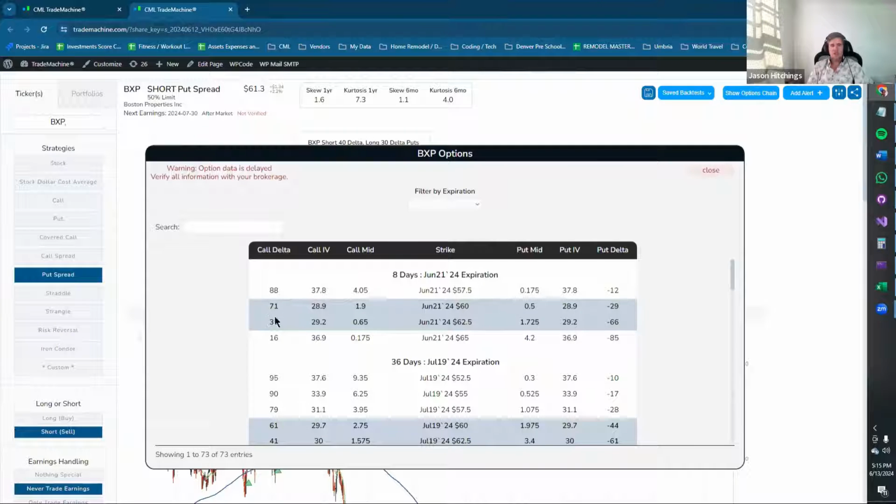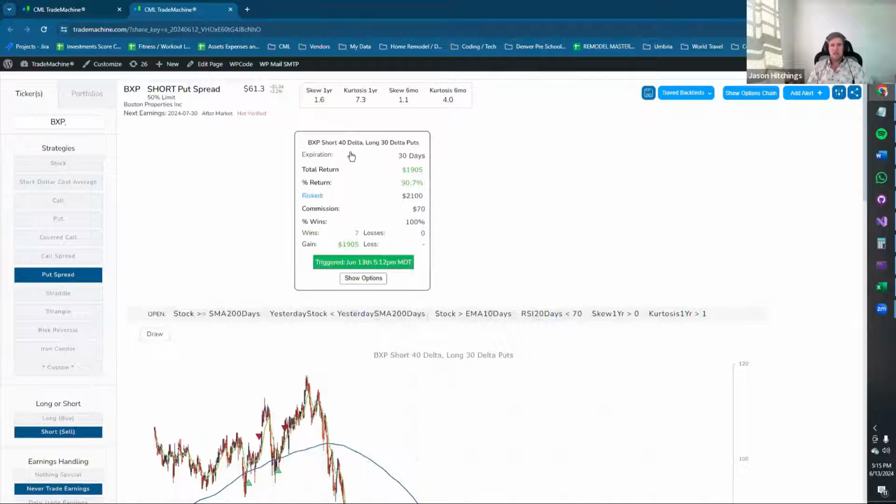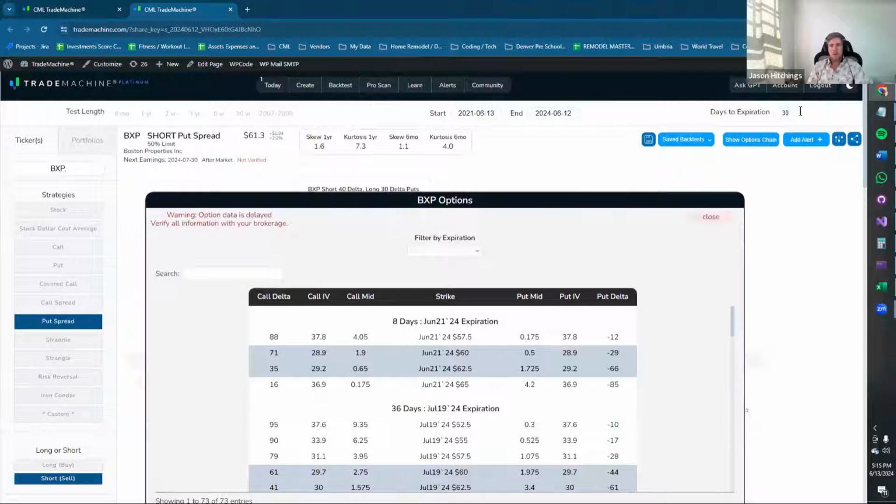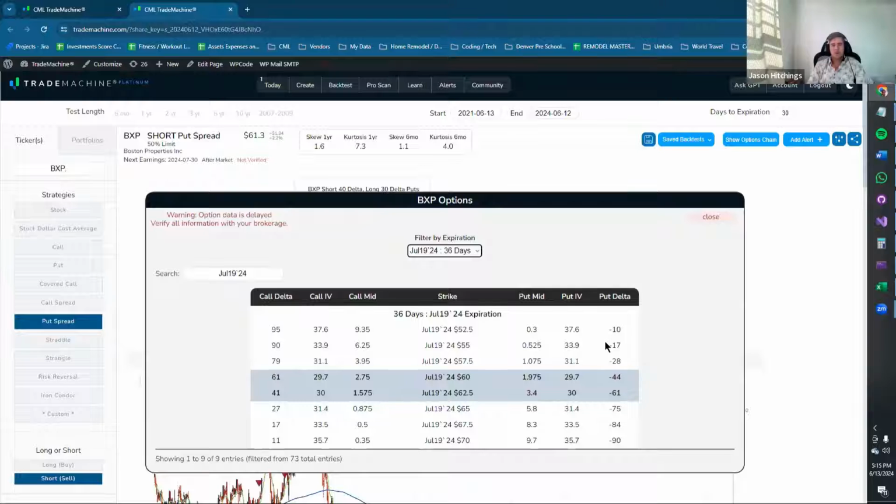Okay, so those options are there. And what this strategy says is that I'm short the 40 delta, I'm selling the 40 delta puts, and I'm buying the 30 delta puts. We're going to be looking about 30 days out. Days to expiration is 30. So if I filter this by as close as I can to 30 days out, then this is being short